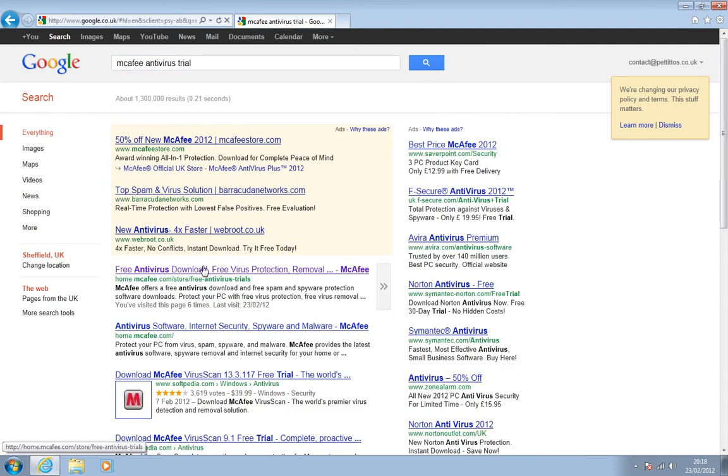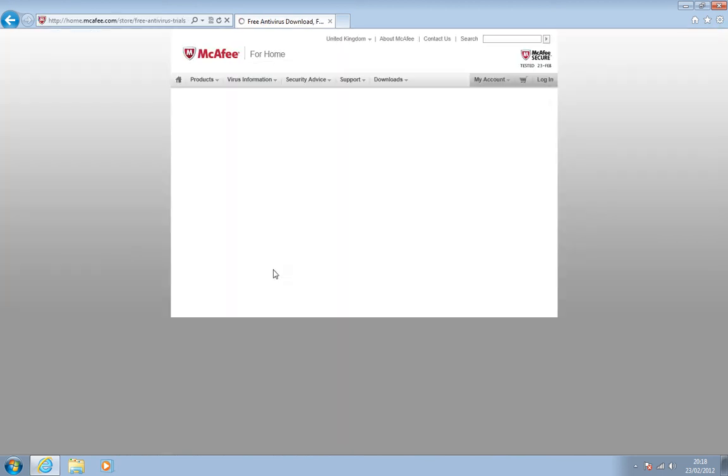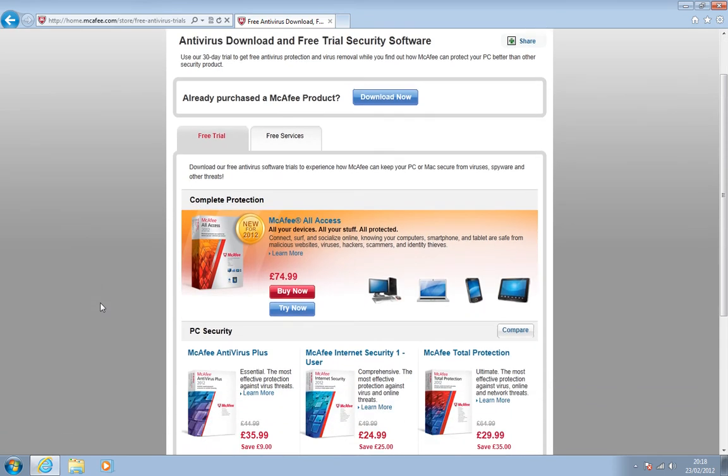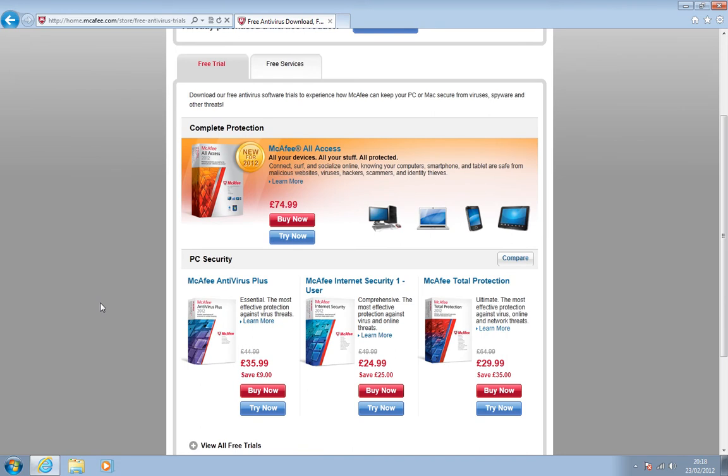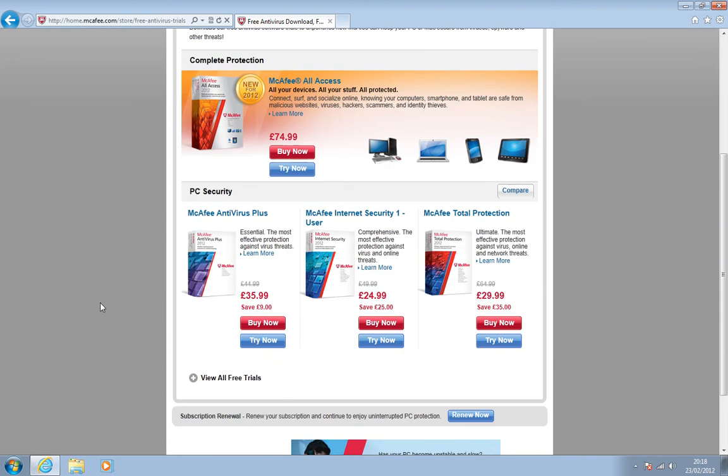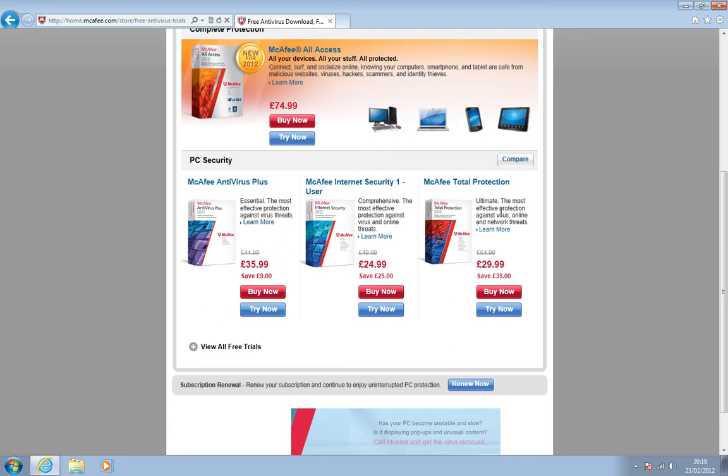We're going to click on the first link that comes up there, which should say, as you can see here, free antivirus download for free virus protection removal. You should get a page that looks something very similar to this one. This page will just show you all of the trial versions of different packages that McAfee offer. The one that we're most interested in is McAfee Total Protection, as you can see here, just in the bottom right. If you click on Try Now,